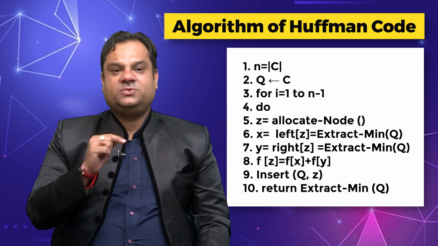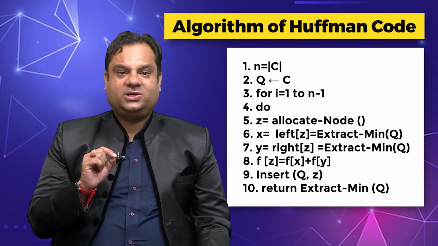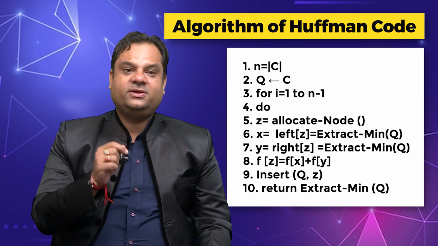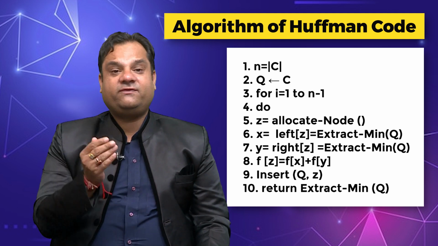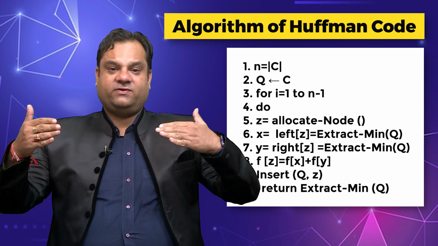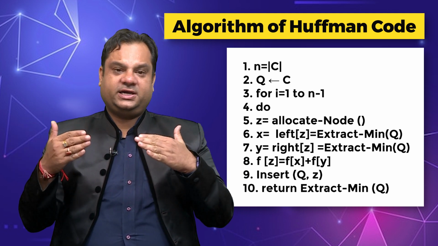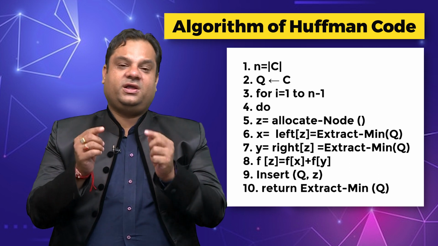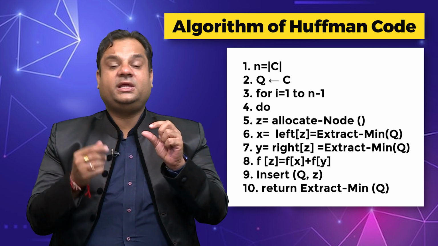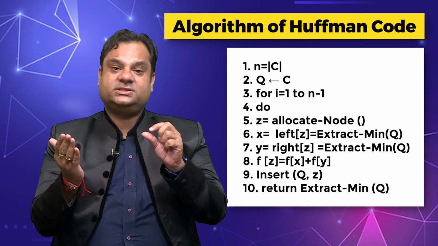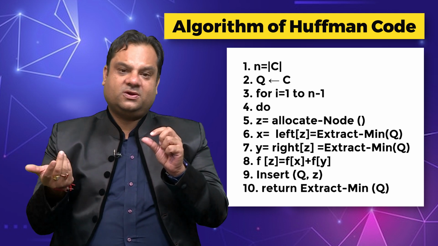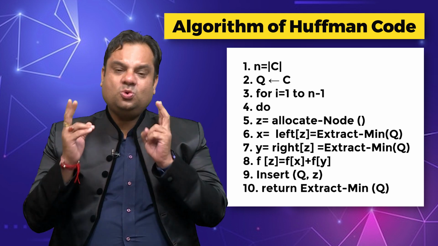In the fifth step, you take the Z variable as a parent node, Z equals an allocated node, which arises from X and Y. You take X as the extract minimum of Q, which means that when you read all the characters inside n, the one having the lowest frequency you pick. For Y, again you pick the next lowest frequency among all the characters. So you pick another one, and when you pick two minimum